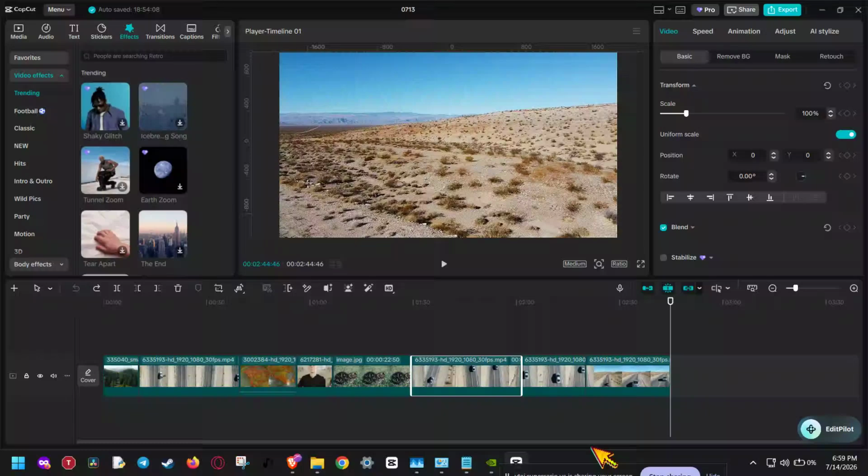If you're seeing CapCut error code 249, don't worry. In this video, I'll show you a simple step-by-step fix that can help get your export working again. This is one of those frustrating CapCut issues that can stop you from finishing a project, but the good news is that the solution is usually quick and easy. We'll go through the main fix first, then I'll also show you a few fast workarounds in case the error